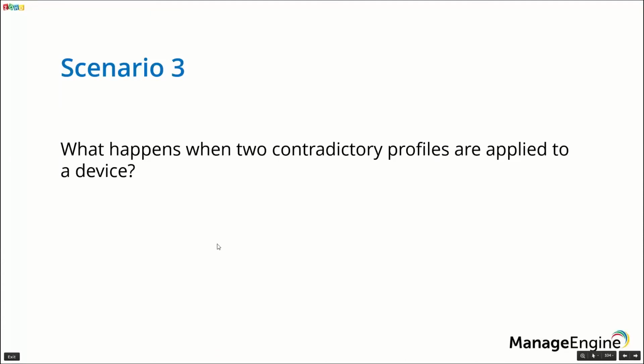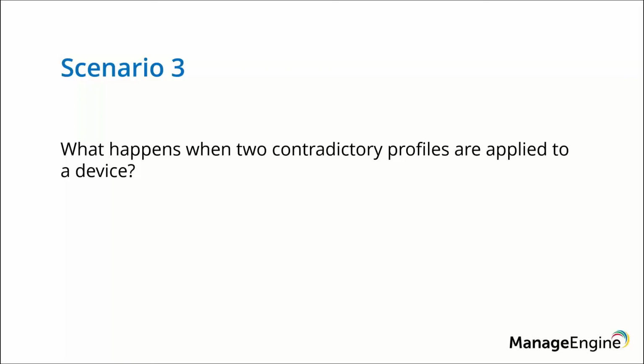Say in one profile you restricted the camera, and in the second profile you enabled it. What will happen if you deploy the two profiles to a device? When it comes to Android, the latest profile will take precedence, meaning initially you might have restricted the camera, then after a week, by mistake, you allow this permission and deploy to your devices, then the camera